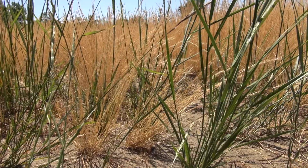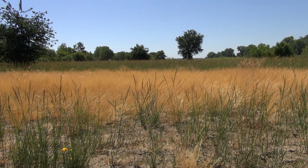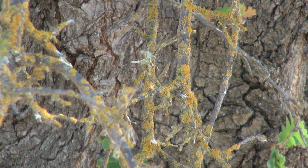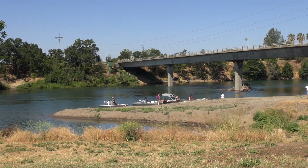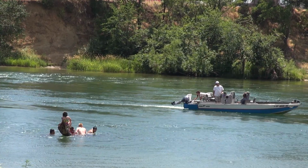To date, the Nature Conservancy, U.S. Fish and Wildlife Service, and other partners have planted well over 1 million native plant seedlings, restored 6,000 acres of riparian habitat, increased the amount of land available for public use, and protected a corridor of 24,000 acres of land